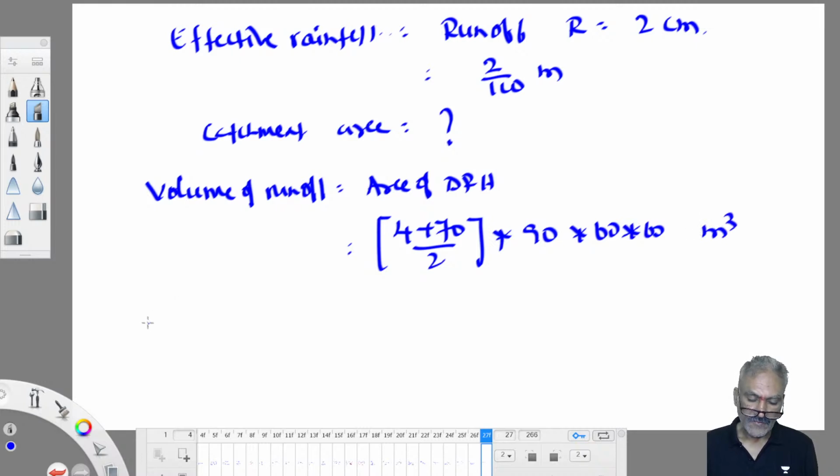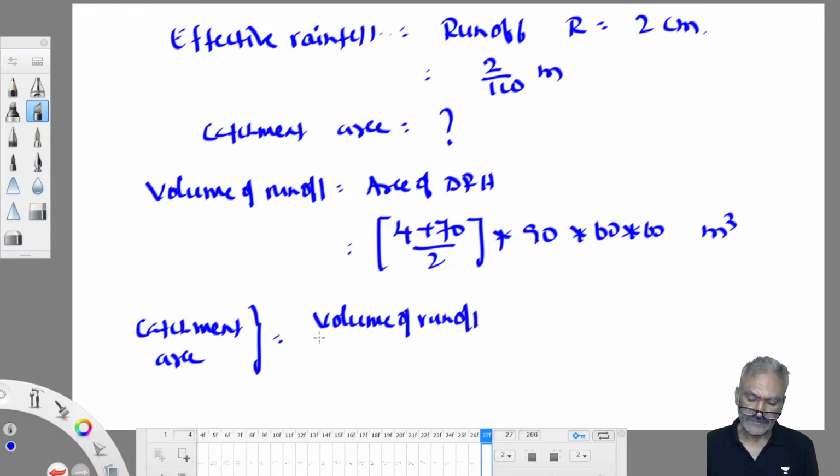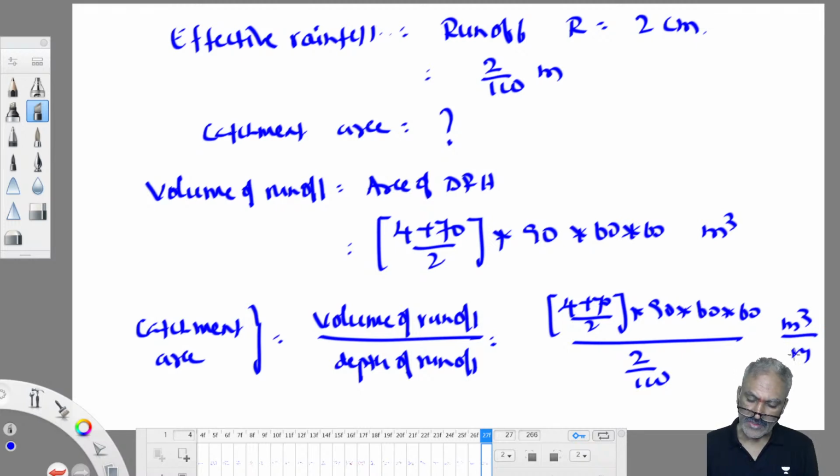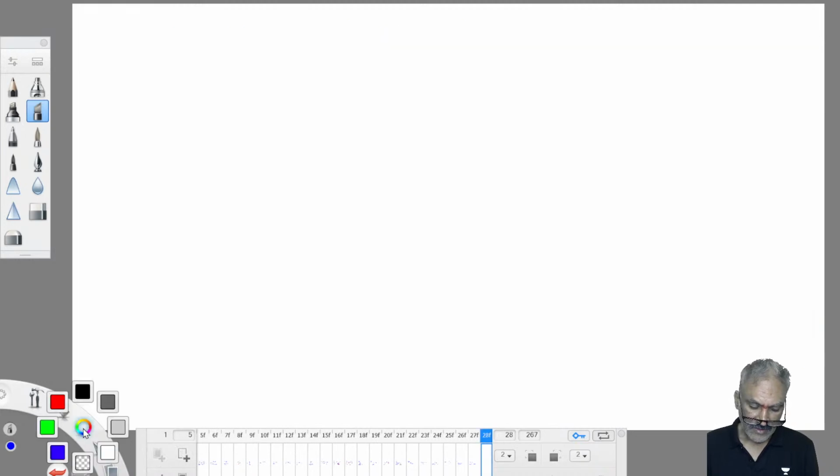Okay? So catchment area is equal to volume of runoff by depth of runoff. Volume of runoff we already got: 4 plus 70 by 2 into 90 into 60 into 60. Depth of runoff is 2 by 100. So this is meter cube by meter, and you will get the answer in meter square. To convert this straight away into kilometer square, what to do? You have to divide by 10 power 6. So catchment area A in kilometer square is equal to